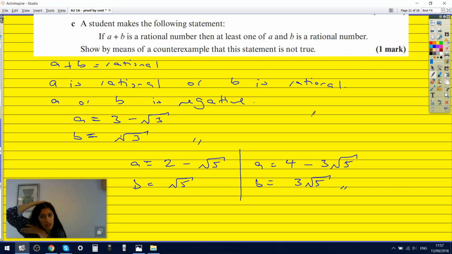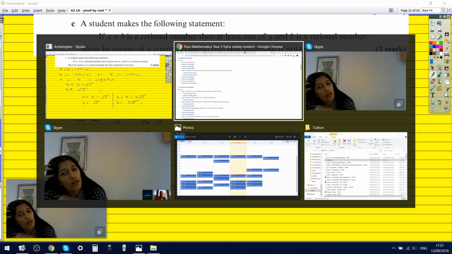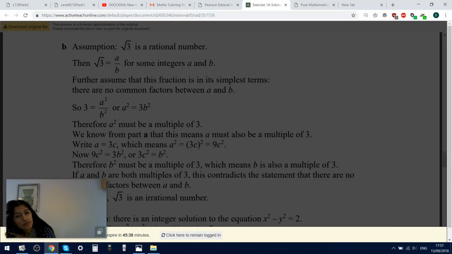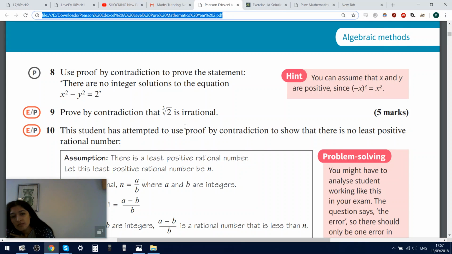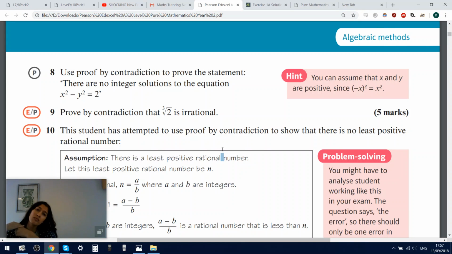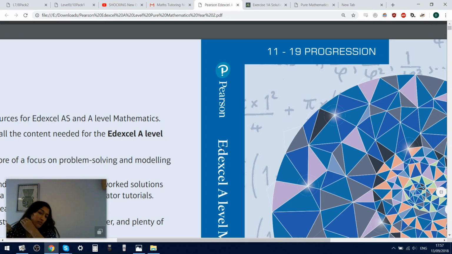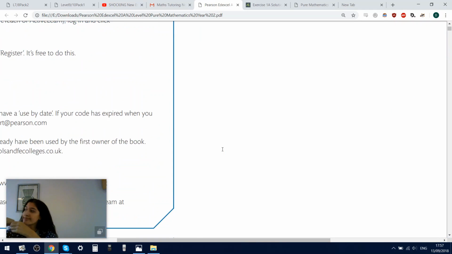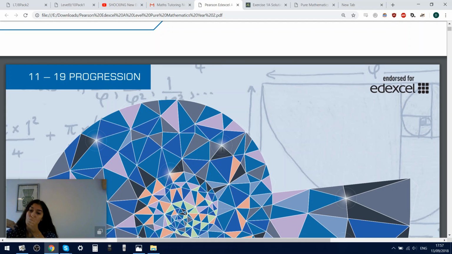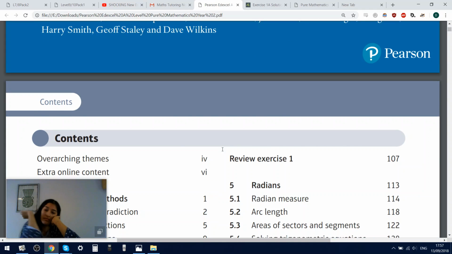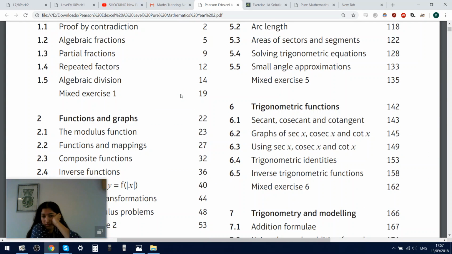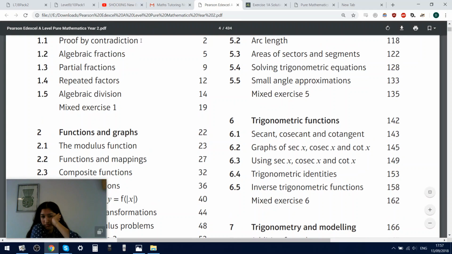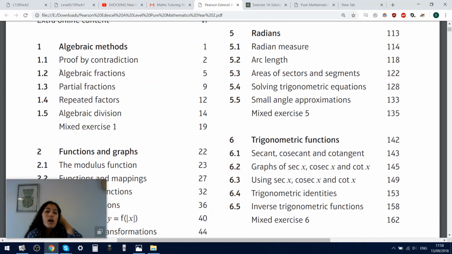Any questions there? No. Okay. Let's not do proof again for a long time. So let me just take a look at your thing. All I can say about proof is it just has to be practiced. It does tend to fall into the same thing over and over again for the different types. Proof by contradiction. Okay. Anything in particular you want to do next? Next in the book would be algebraic fractions and so on.